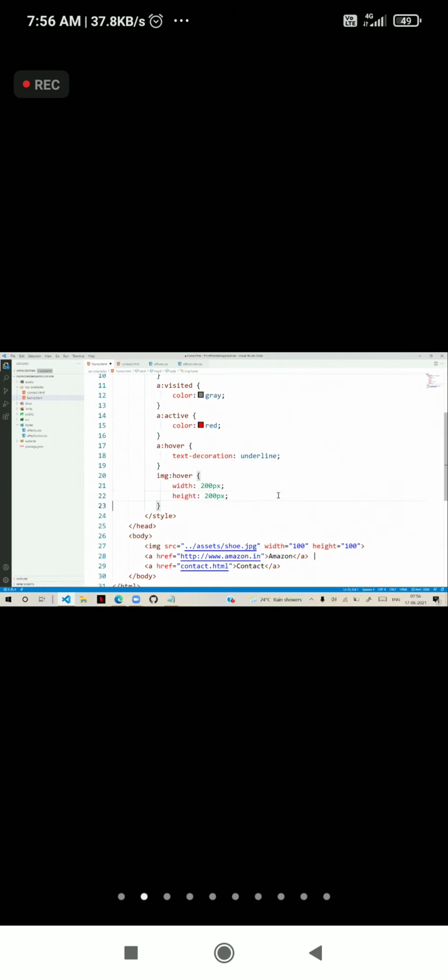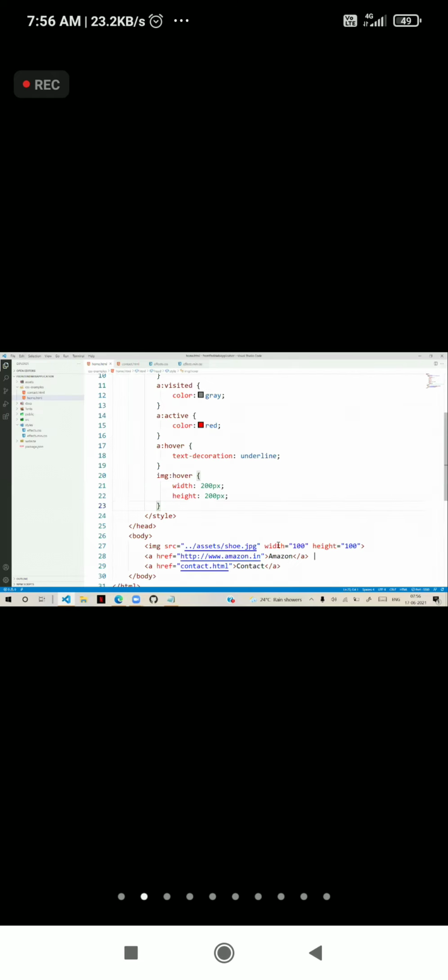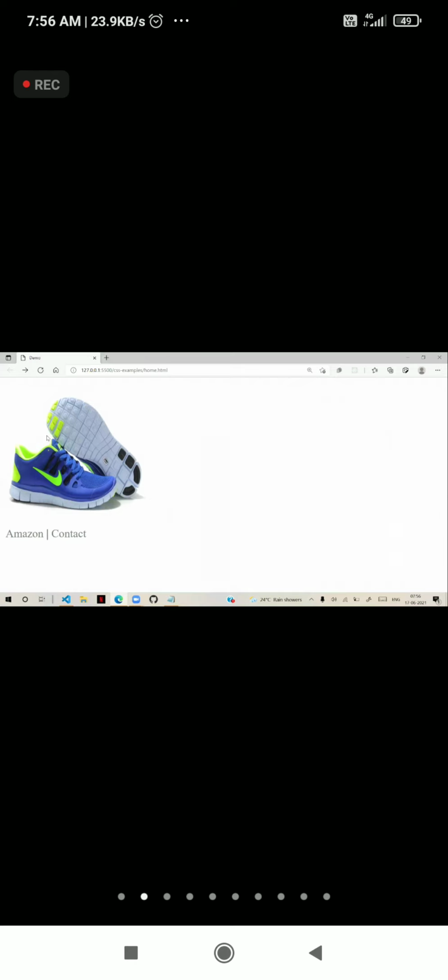Its size will increase on hover. Initially, it looks normal, but when I move the mouse onto it, its size will increase. Its size is increasing. That's hover. I will keep that in the next line here, and you can see the size is increasing. On hover, it is changing.